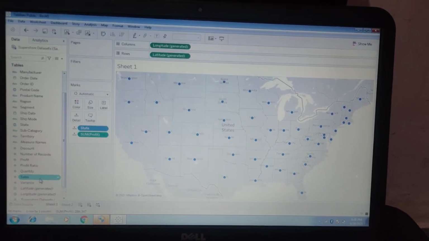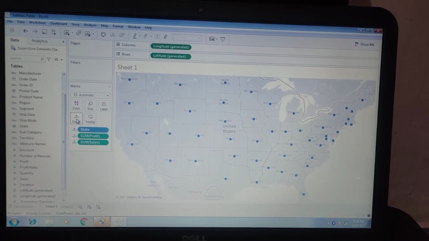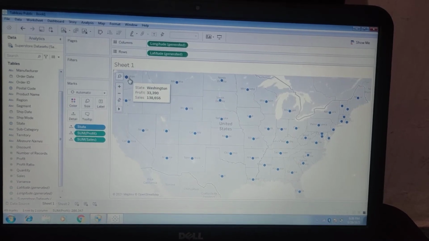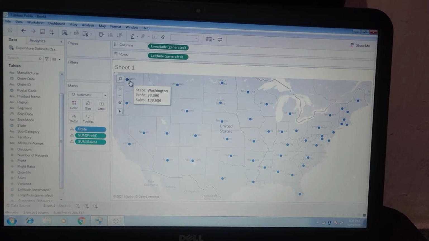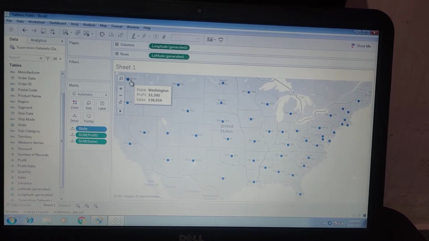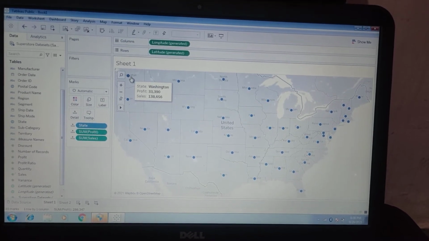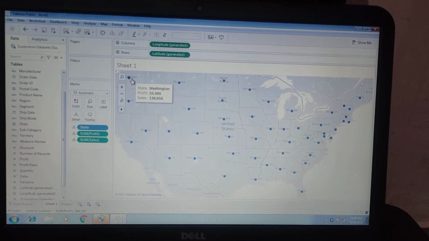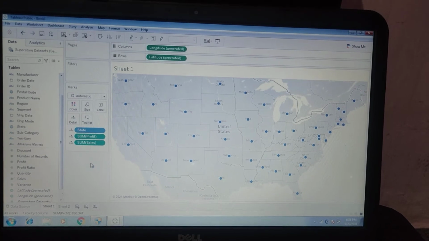So profit and then sales. Then if we hover over any of the states, we can see, like, state Washington, profit 33,000 and sales 138,656. So this is also a view we can show, where when we hover over, we can see the profit and sales.